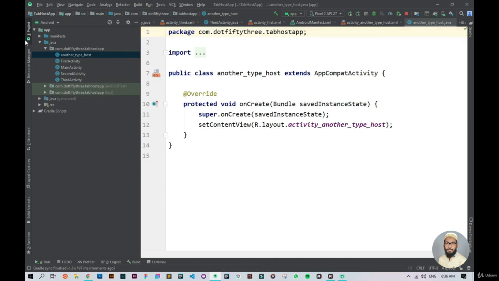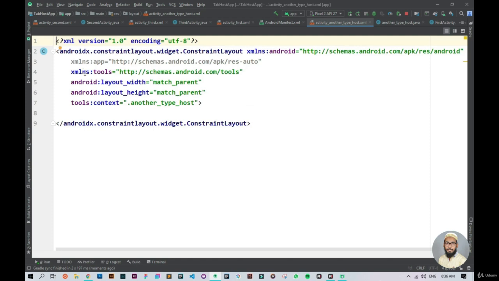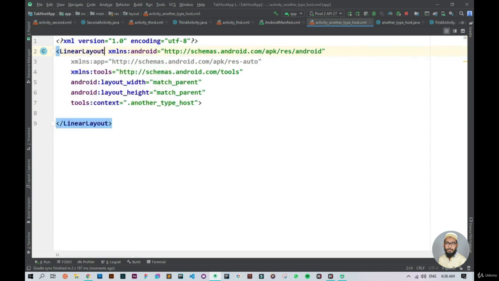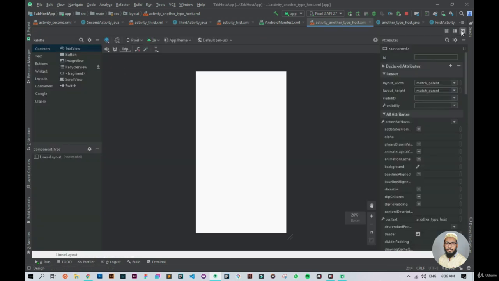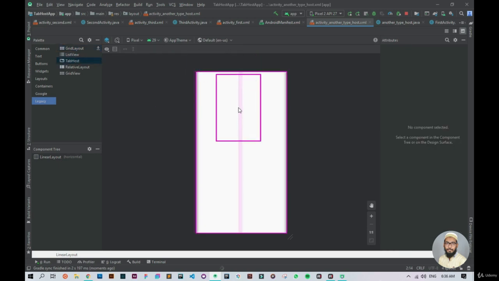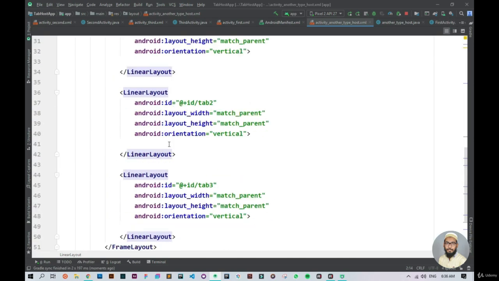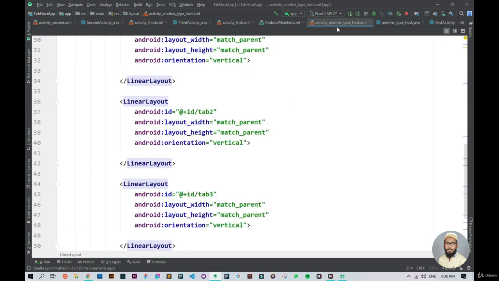Okay, so now let's drag and drop the activity TabHost layout, but first let's change this constraint layout to linear layout. And now let's switch to the design view and add the TabHost to our linear layout. Okay, so now let's switch back to the code view, and now we do not want to delete this linear layout. Now in the first one, when we are creating our tabs inside the main activity.java file, we'll